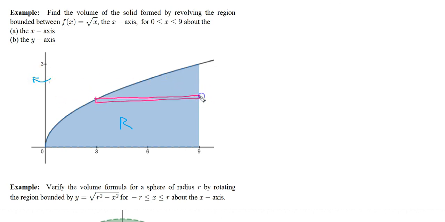axis of rotation. Let's label these points right here. For that point right there, the x coordinate is always 9, and it's sitting at some location y on the y-axis right there. This point right here I will call just a general x comma y. And so our volume is going to be,